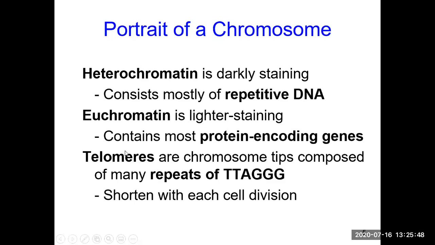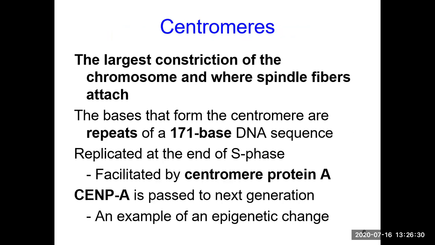The telomeres, where you see a lot of heterochromatin, are actually repeats of TTAGGG, okay? So you would see TTAGGG, TTAGGG being repeated in the telomeres, and it is the telomeres that keep shortening each time the cell divides, and this is a trigger for the cell to stop dividing after a certain number of cell divisions. Every normal healthy cell has a lifespan, okay? Like this cell will stop dividing after it has divided over 50 times, or after it has divided over 125 times, or whatever. The cells that keep on dividing are abnormal cells, cancer cells, or some other specialized cells in the body, for example, those related to reproduction, so the germ cells.